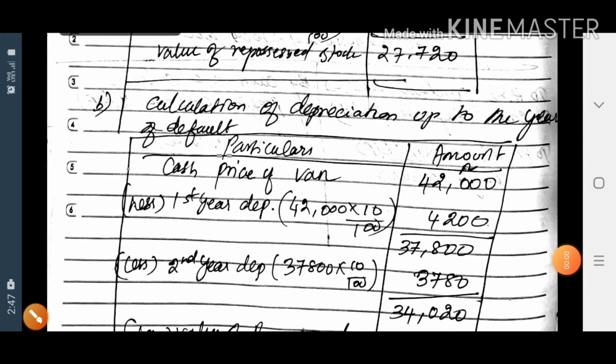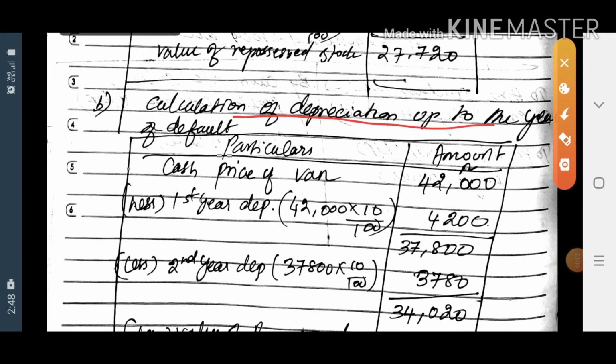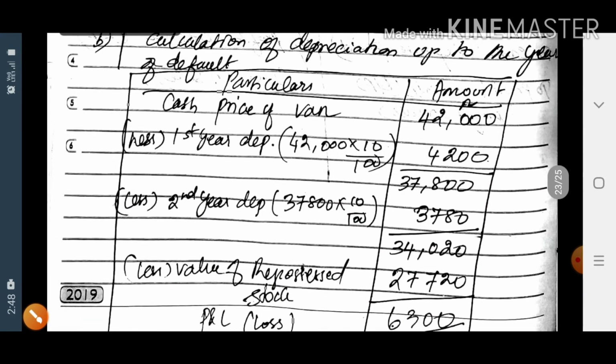Now next, calculation of depreciation up to the year of default. Cash price of the van is 42,000, less first year depreciation, 10% on WDV method of 42,000, which is 4,200. After minusing 4,200, the value of the van after the first year is 37,800, less second year depreciation, 10% of 37,800, which is 3,780, and the balance comes around